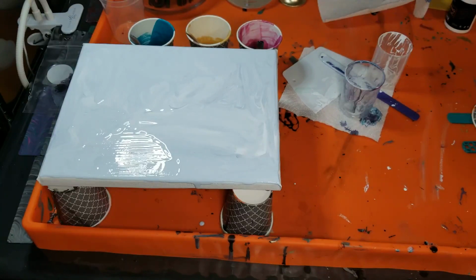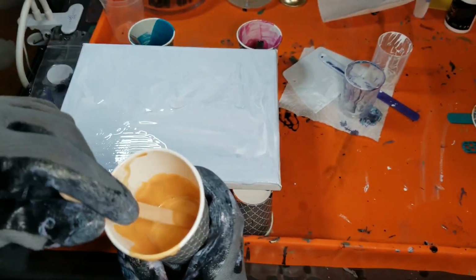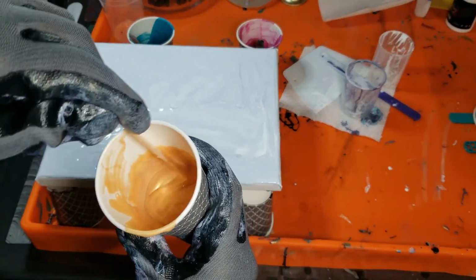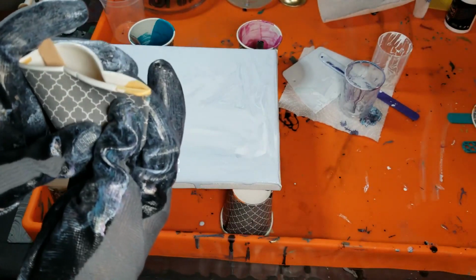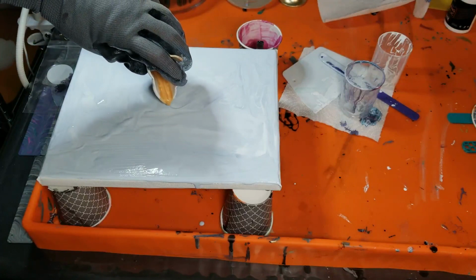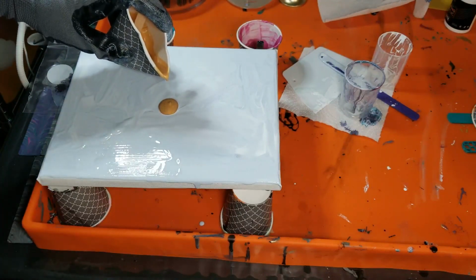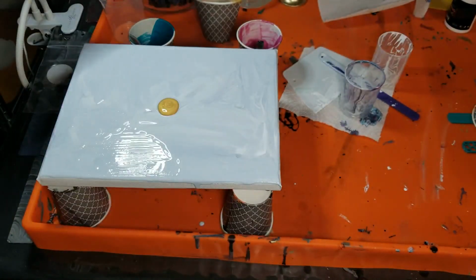So we're going to try an experiment, which could be very messy. I am just going to use the same three colors that I used before. This is the gold by Waditites. I'm just going to pinch that and make a little puddle in the center. I'm going to make 3 puddles in a diagonal line. So I need just enough paint to make 3